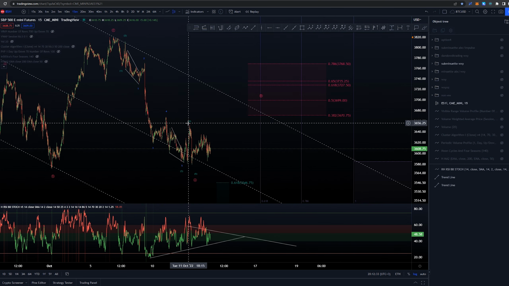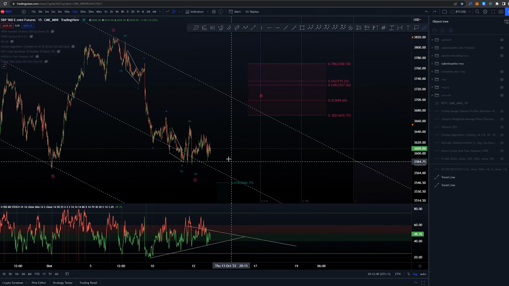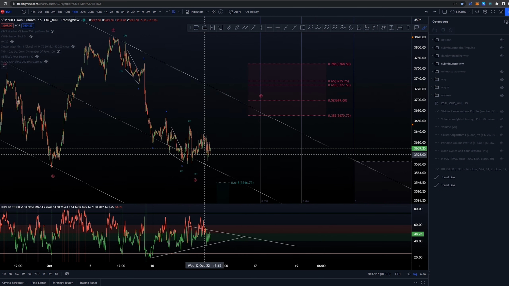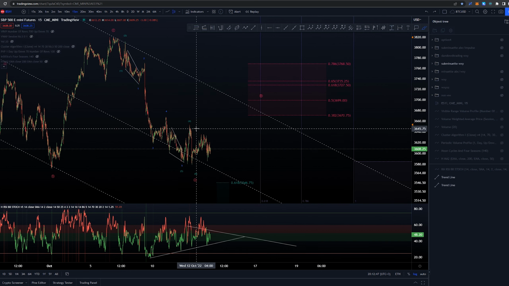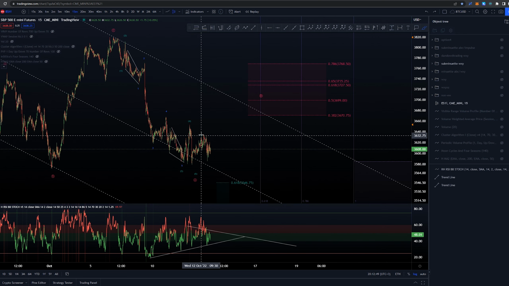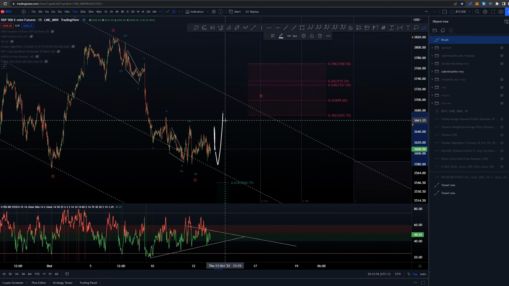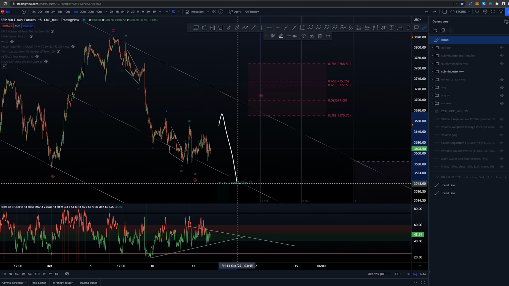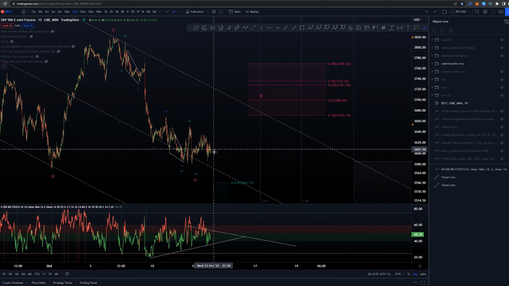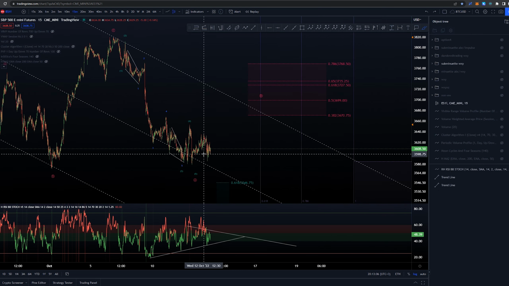Now again, the FOMC minutes can cause a lot of volatility into the markets, so could be something like this happening and just take out the wave 4, and then we need to be adjusting the count, and that is something that might happen. It is very often that on the FOMC and the CPI data releases, there's going to be fake outs, and the eventual push somewhere is just not going to hold, and then we would be just crashing down again. But yeah, we'll see tomorrow how this has formed into, or what it has formed into, and